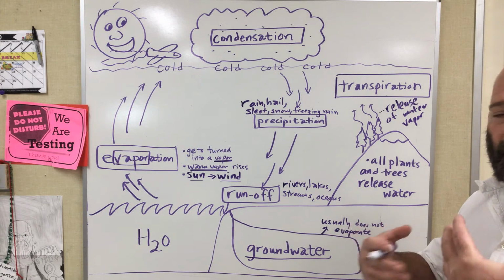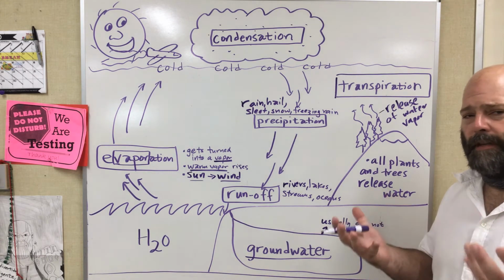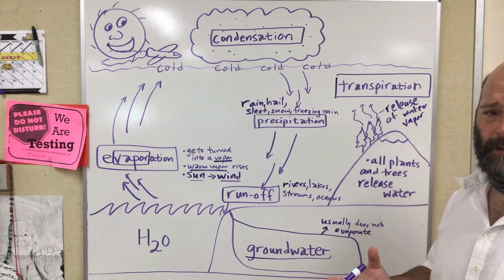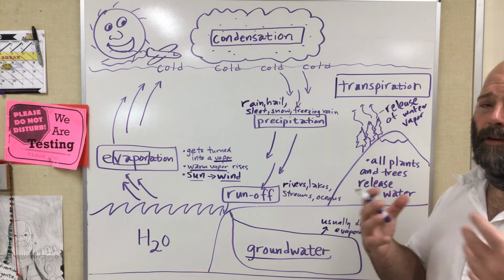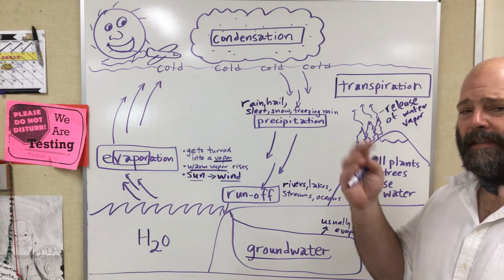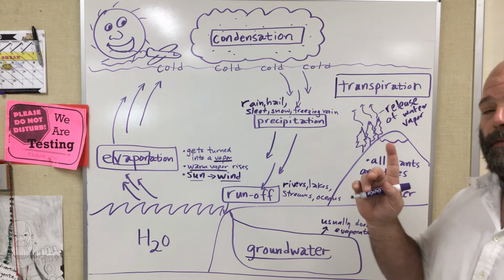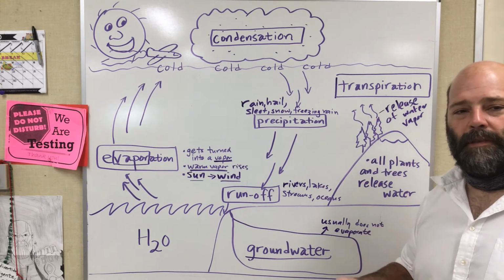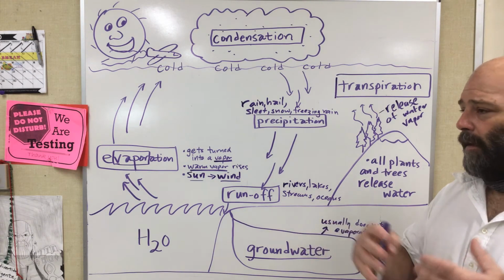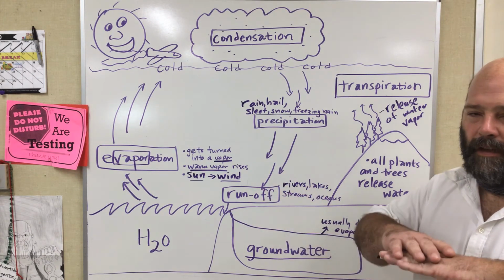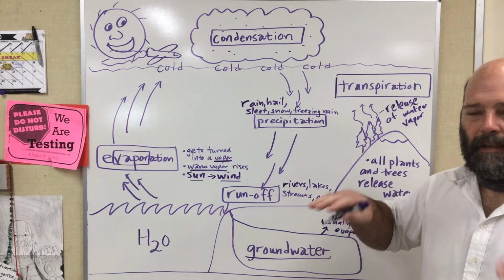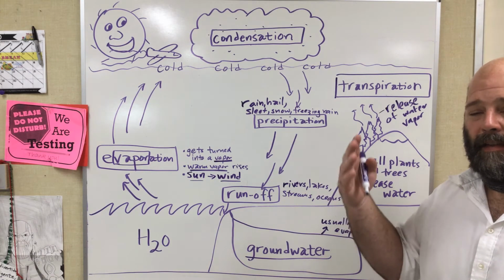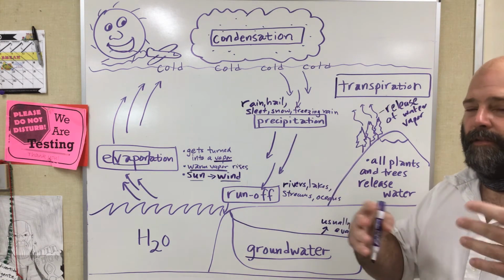Anything that's green, anything that grows is going to go through transpiration, because some of these plants, when they start soaking up water, they soak up too much. And if they soak up too much water, it can cause them to rot. So they learn how to release it from their leaves. Now, here's a really crazy thing. In the fall and the winter, they don't transpire around here, because what happens to our leaves? They all fall off. They die. The trees cut their water off, and the leaves don't have any more water to stay green, so they begin to die and they fall off the tree because there's no water there anymore.